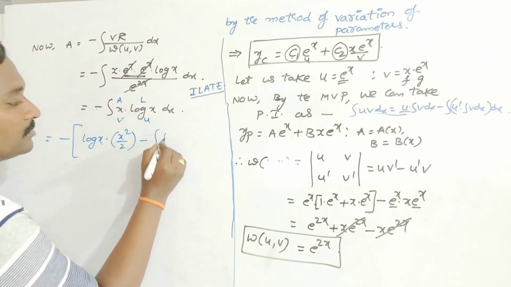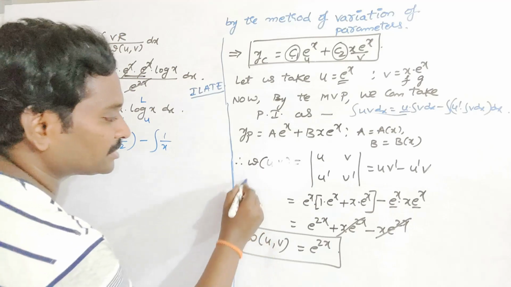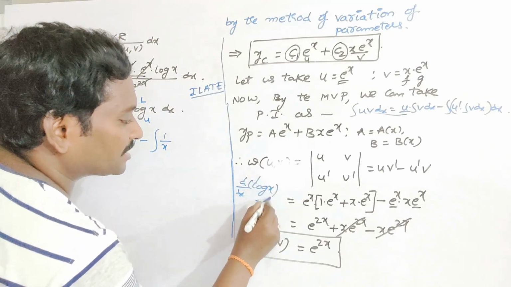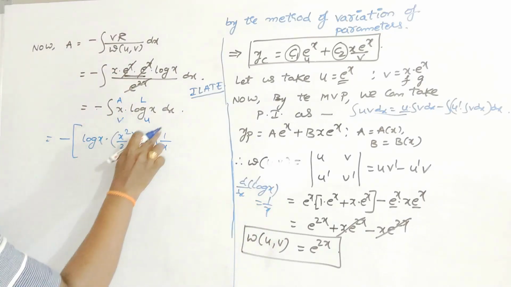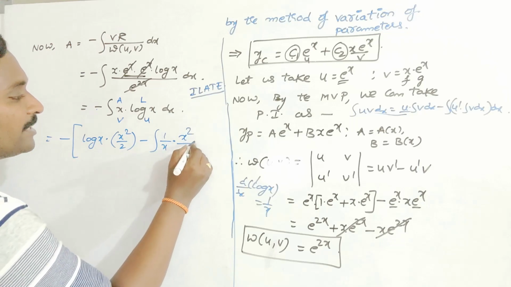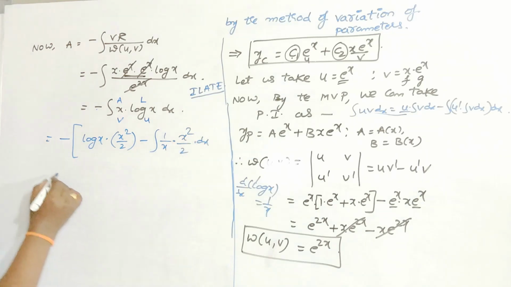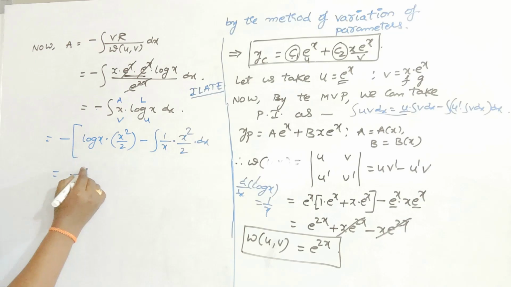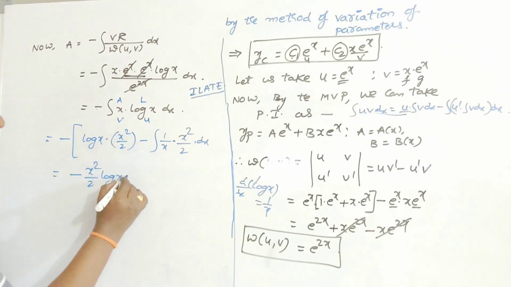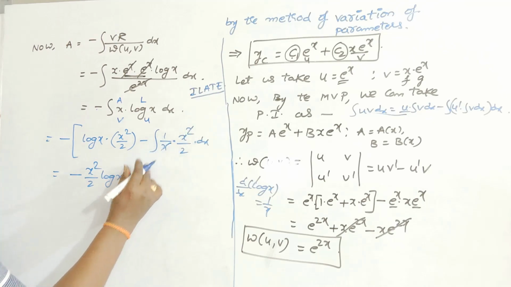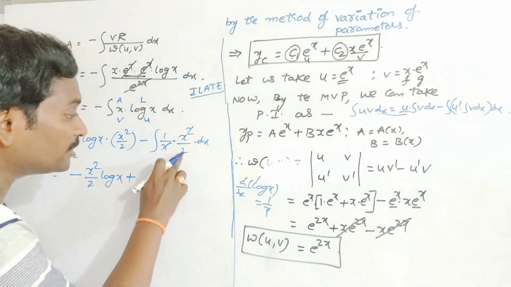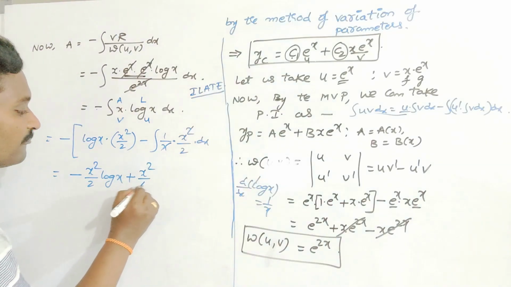the derivative of the first function, which is the derivative of log x. You know it, d by dx of log x is equal to 1 by x. That's why the derivative of u is 1 by x, into again the integration of x, so you are getting x square by 2 into dx. So minus, take this negative sign inside, minus x square by 2 into log x, minus of minus plus, 1 x getting cancelled. So you have to write the integration of x by 2, which is x square by 2, already 2 is there, so you will get x square by 4.